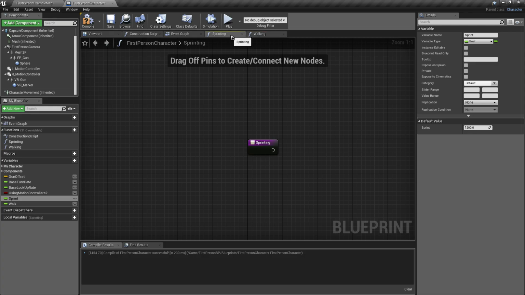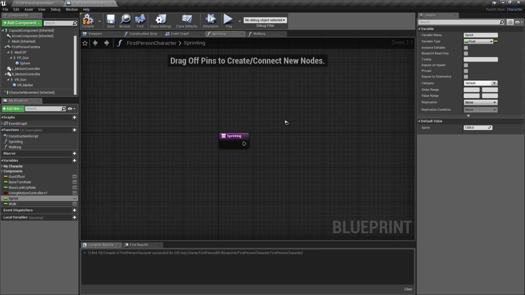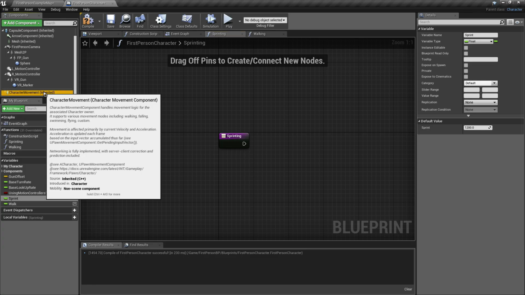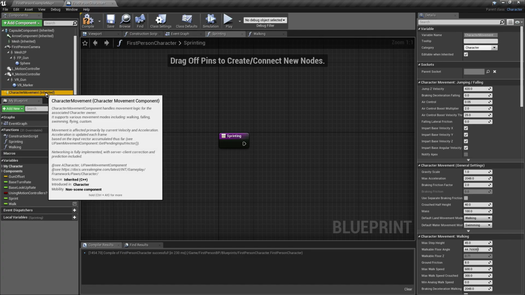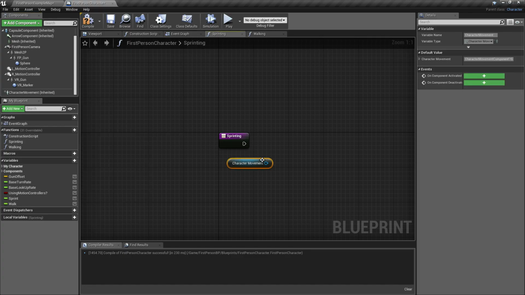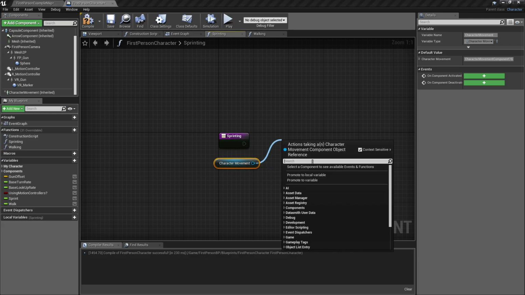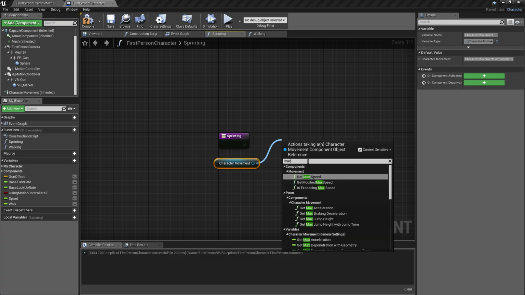So now let's start creating our sprinting function. In our sprinting function, we're going to drag this character movement, because this is where we're going to modify the max walk speed. Then just drag the wire of our character movement and connect our max walk speed here.